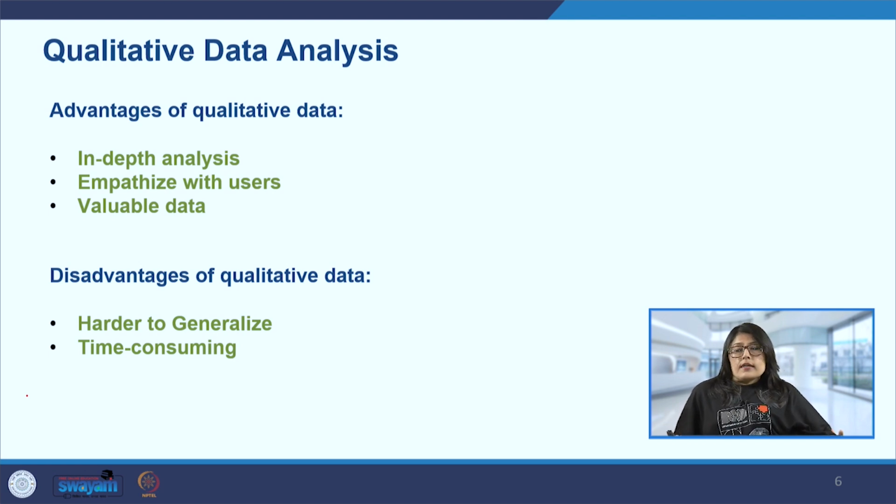And to understand that one problem, they may have to formulate the question in many different ways depending on the situation, how open the respondent is, or are they comfortable, are they forthright, are they honest with what they are telling the researcher. So the researcher may have to ask the question in many different ways to arrive at the answer. And also one answer may lead to another question, and so on. So that will also make this whole process quite lengthy and time consuming. So that is another disadvantage.